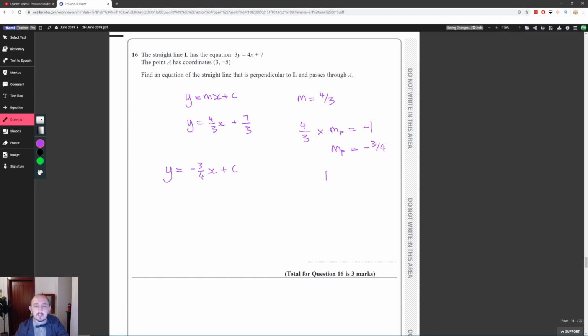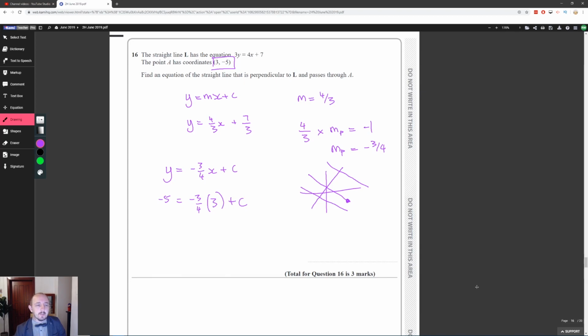Okay, so if I do a quick sketch for you here, 4/3 x plus 7/3 is something like that. We're looking for the perpendicular line, but we don't know where it goes through. That's why we need this point 3, minus 5, so somewhere down here to anchor this in. So we're going to substitute for x and y here. When y is negative 5, then x is going to be positive 3,